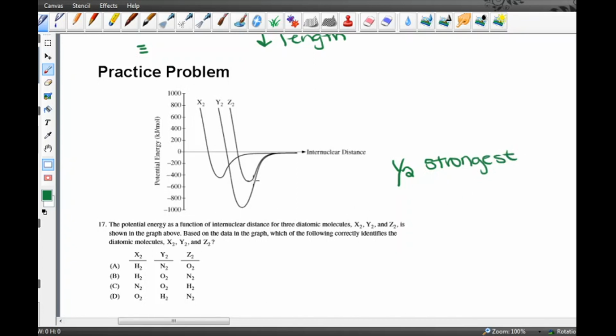And the next strongest, it appears, is the Z2. And the X2 being the weakest. So just based on this strongest to weakest, you would think that your Y2 would be your triple bond, that your Z2 would be your double bond. I don't know why I drew my triple bond so big. Sorry. You would think,